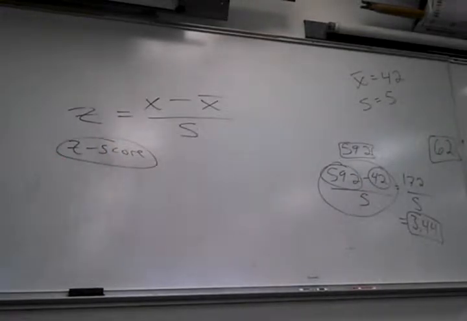Z-scores are stupid important. What kind of sucks is we introduce it now because we're about to get into measures of relative position, like percentiles. If you take the SAT test, they're going to tell you what percentile you scored in. It tells you relative to everybody else where you are. Z-scores are a relative position. So if this was a test and the average is a 42,